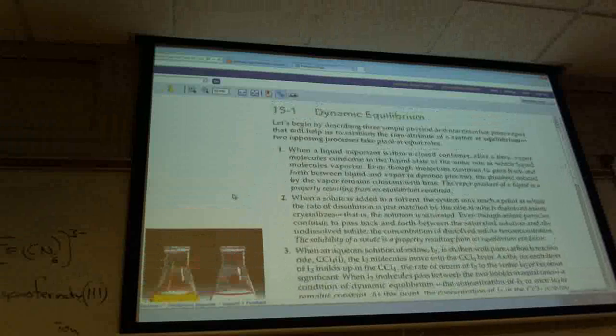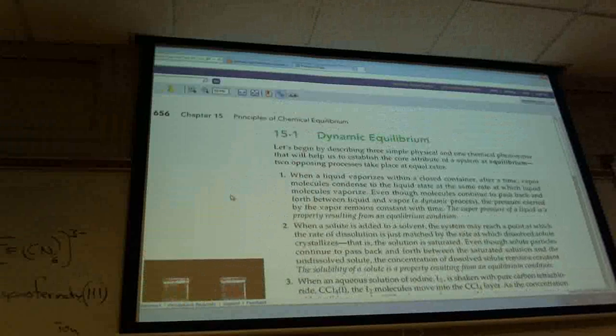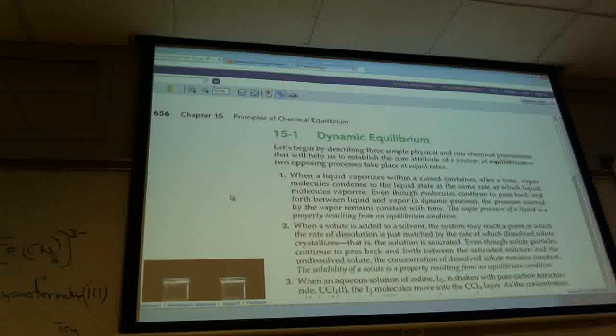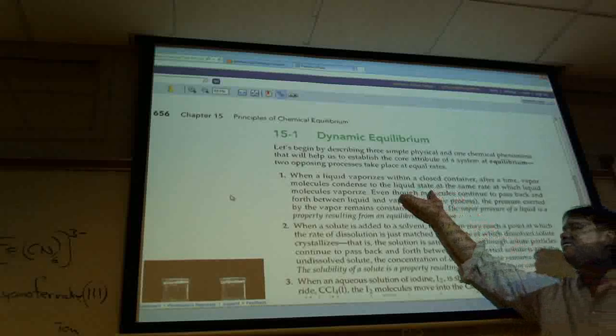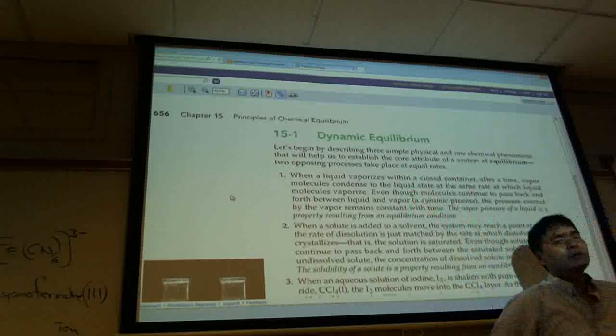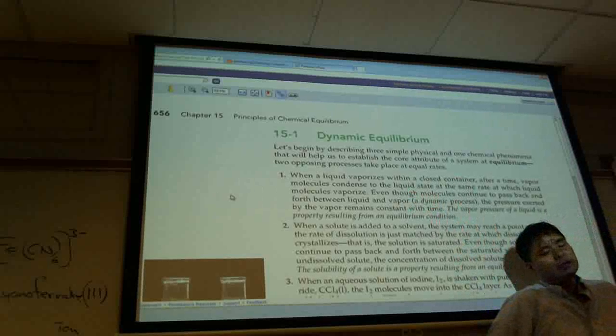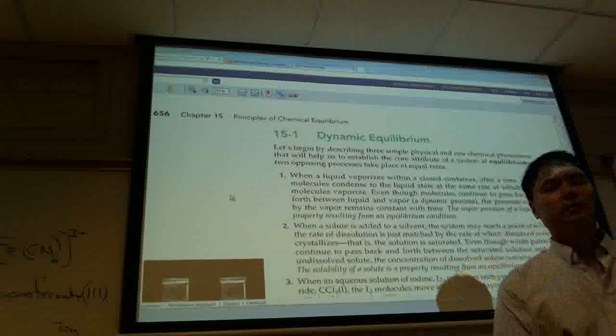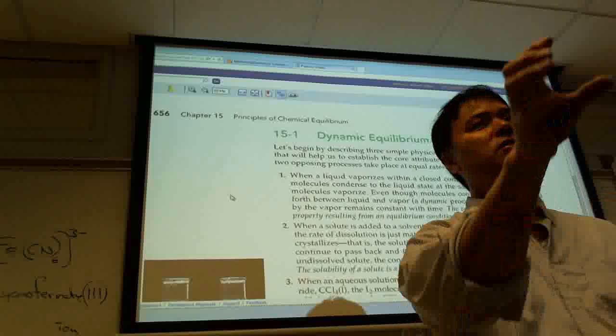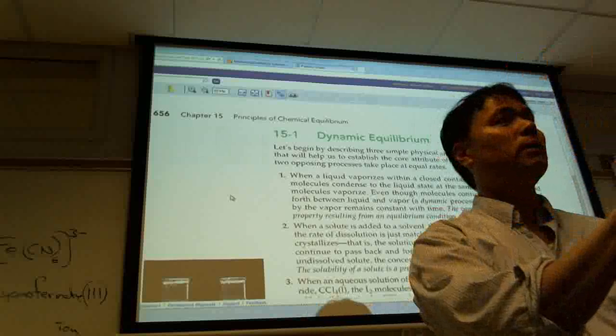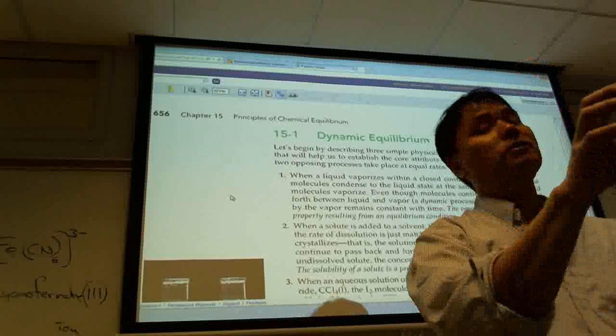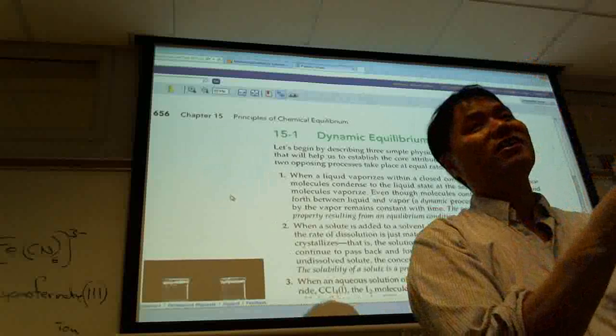We've seen dynamic equilibria before. Where have we seen dynamic equilibria? Can you give me some other examples of dynamic equilibria? Not necessarily in chemical reactions, but you've seen this in physical processes. Like if you try to dissolve sugar in water, eventually you put in so much sugar, let's say, if you